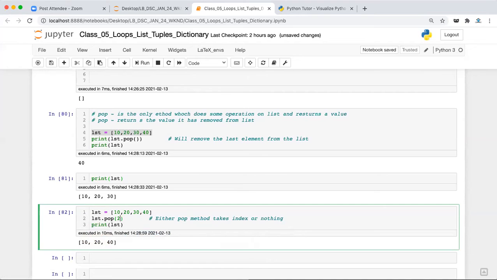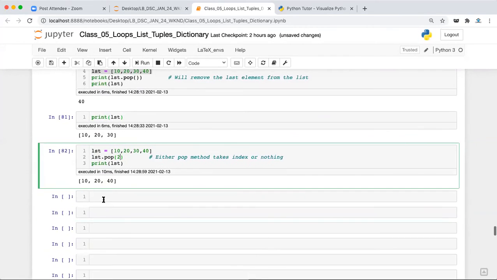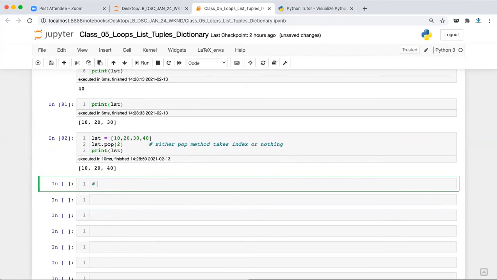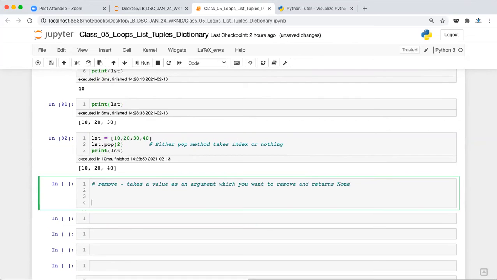Now there is another function that is called the remove function. The remove function takes as an argument the value which you want to remove and returns None.